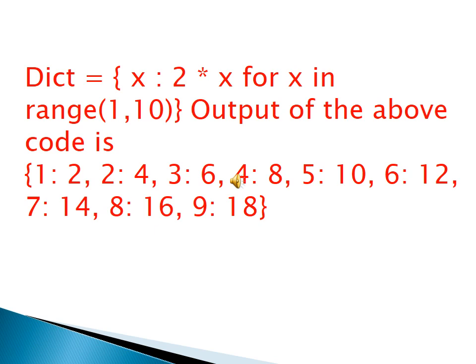And next one, what is the output for the above code? It starts from 1 and ends in the range of 9. What is the value of x? Here first it will take 2. The next one, 2 into 2. Like that we write. After that, how are we getting the value? We get the x value using the range function, 1 to 9. The nth value becomes minus 1. What is the value available? It should be subtracted by 1. Then only we will get the values.